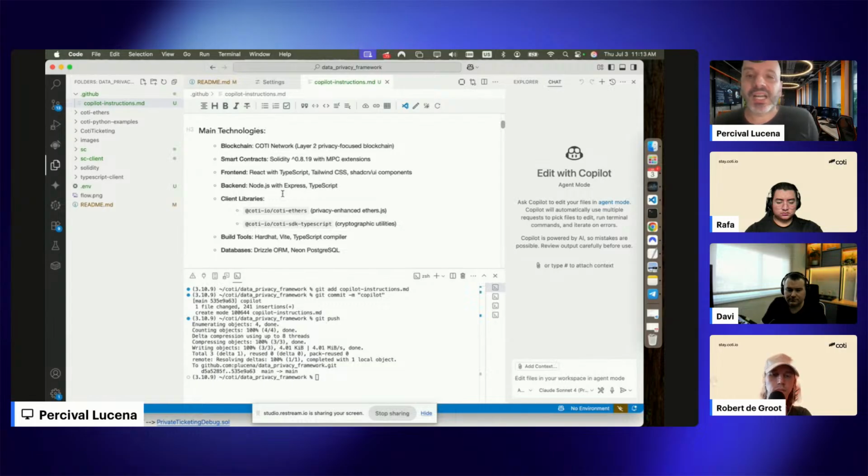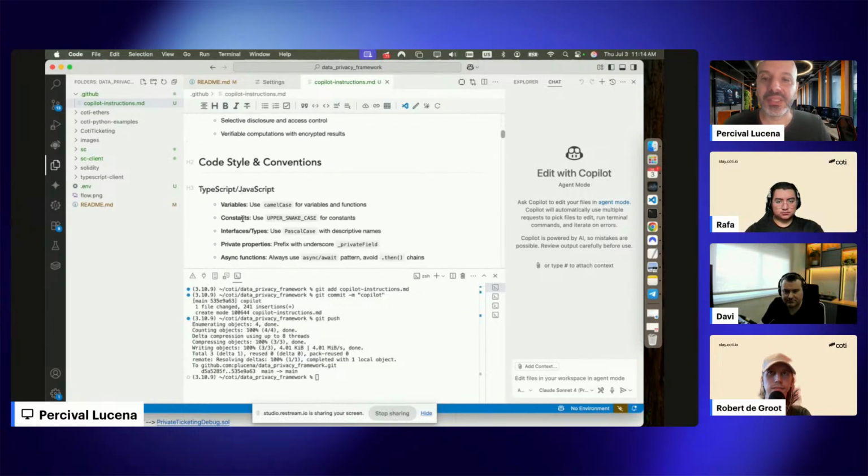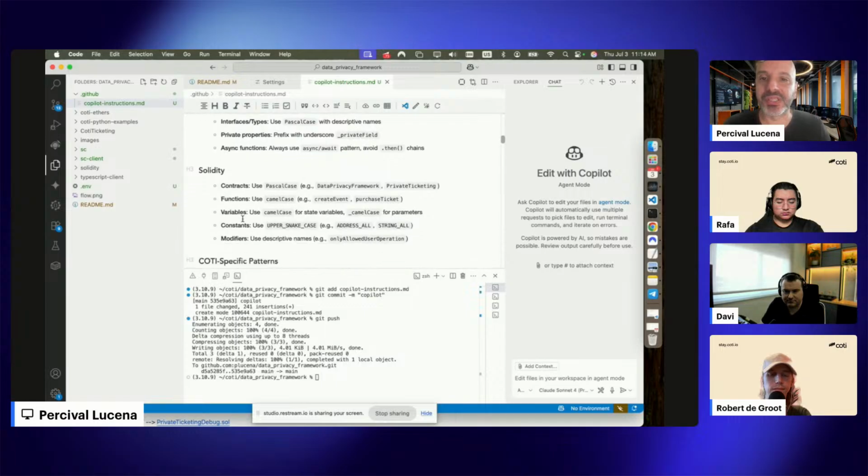For the client libraries that we're gonna use the COTI ethers that's included in part of our GitHub here. So instead of using the standard ethers library, we're gonna use the COTI ethers to build our client. Hardhat to deploy our contracts. Some specific